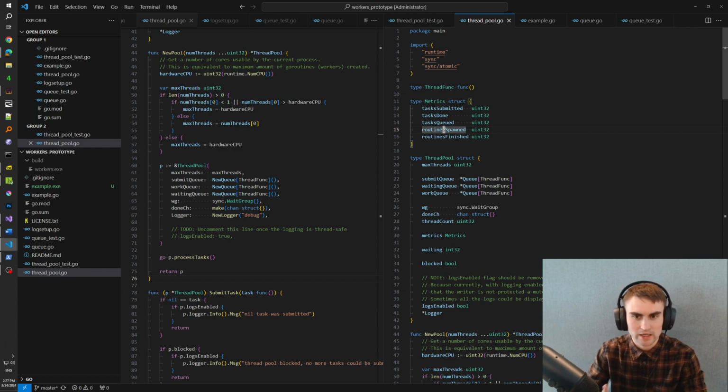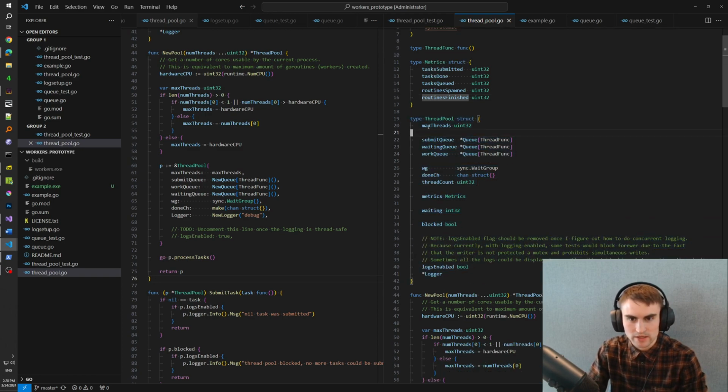I want to know exactly how many tasks were submitted, how many we executed already, etc. So basically, it's a way of retrieving the information. I think it can be used in a client server application, where you have to take a look at the bandwidth and how many messages or bytes were transferred, so things like that. So it's pretty similar. And then the core data type is the thread pool,